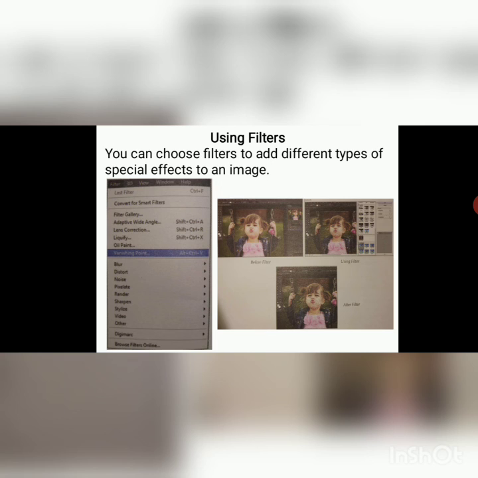The steps to apply a filter are: select the area and the layer to be filtered. Click on the Filter menu and select any option. A dialog box opens, enter a value or select an option and then click on the OK button.